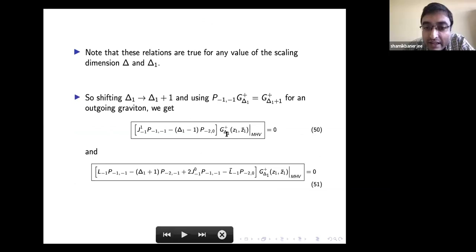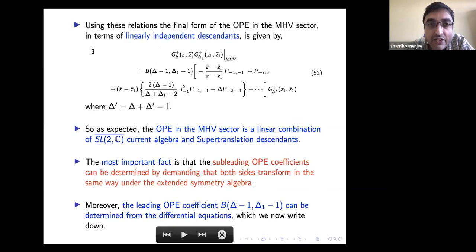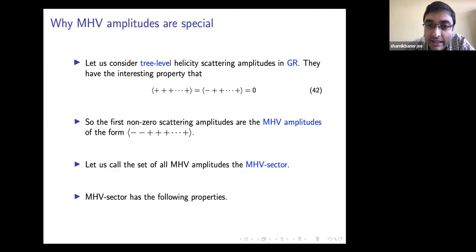Yeah, so these are the key equations which we need. And now let me write the OP in terms of the linearly independent descendants, and what you get is this. Okay, so you have J0 minus 1 and P minus 2 minus 1. Now, the point is that we can see, as expected, because of what we saw here,